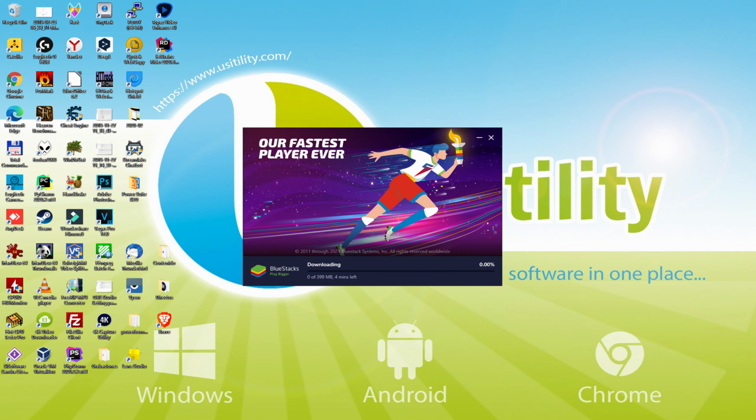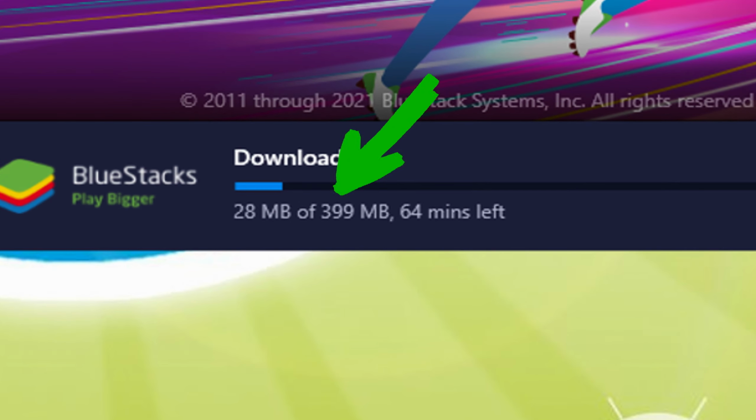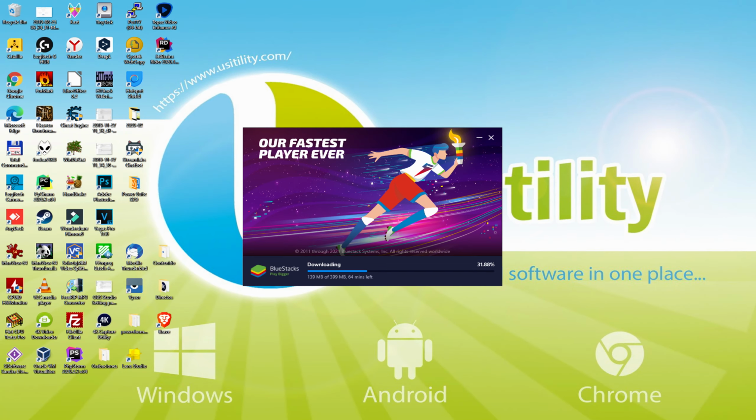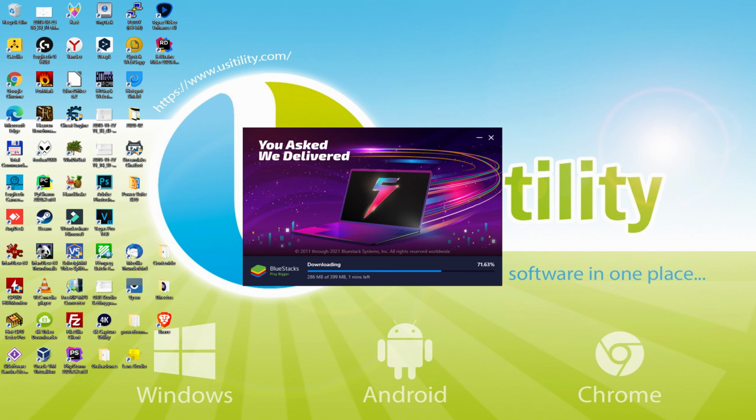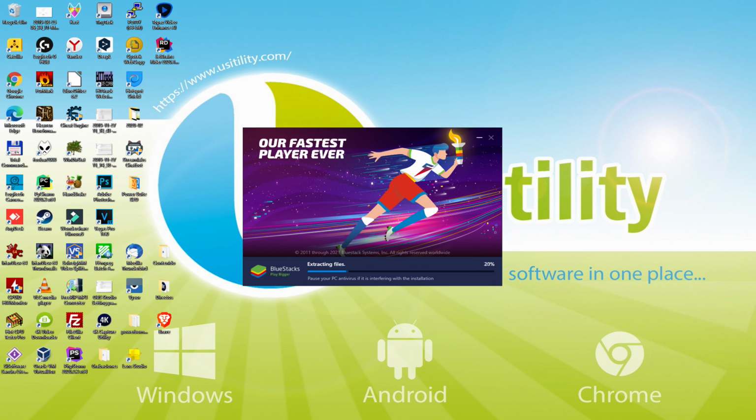Fantastic. The installation commences and it will continue with the download of all these megabytes that are displayed on the computer screen. As you download it, it might be more or fewer megabytes. The data transfer rate may go faster or slower, depending on your type of connection and on the data transfer rate of the emulator servers. Right now they are progressing super fast. The download is finished, and now it proceeds with the installation phase.